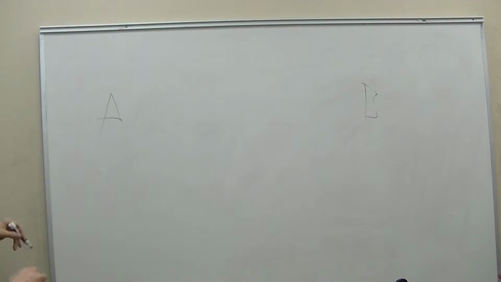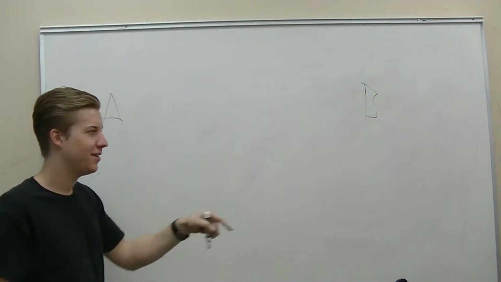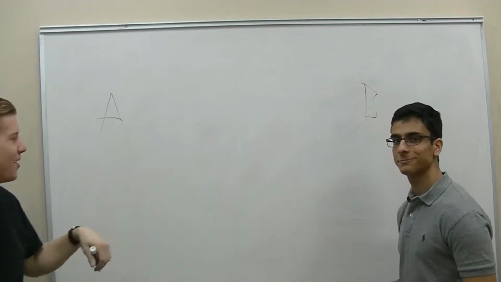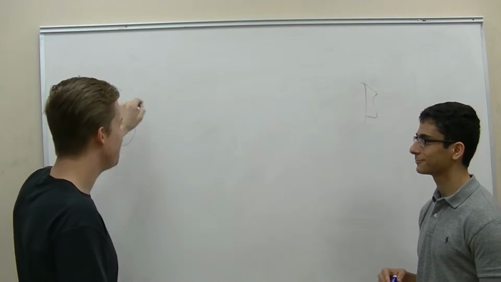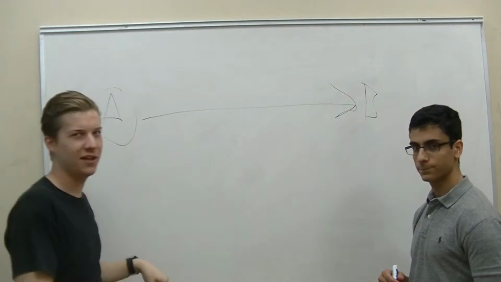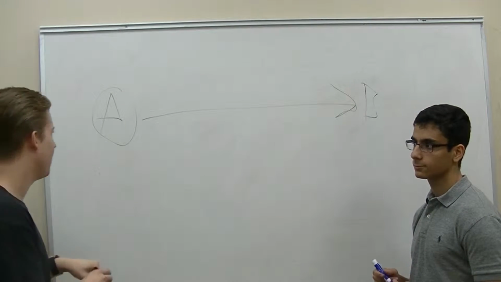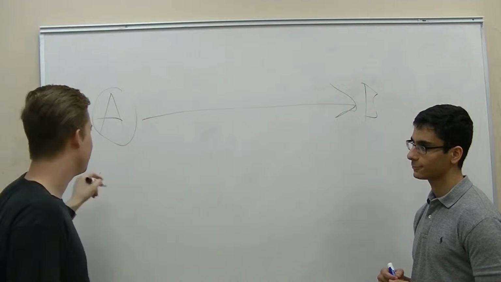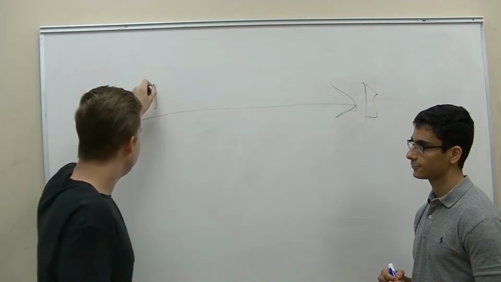Let's say you want to send a signal from A to B. This is just some message from me to Ahmed. Here's me, there's Ahmed, and ideally the message just goes straight to him. But in reality, what actually happens is rather